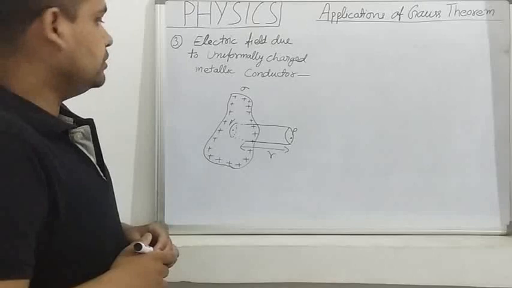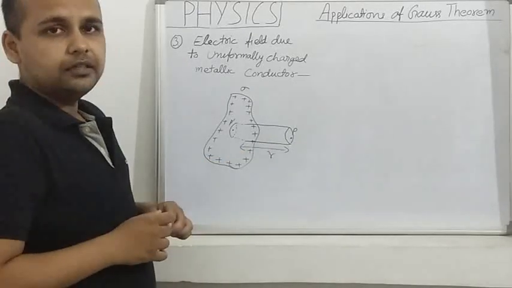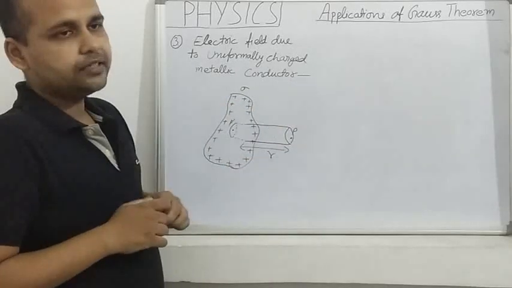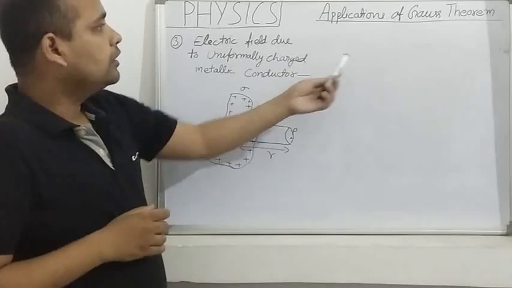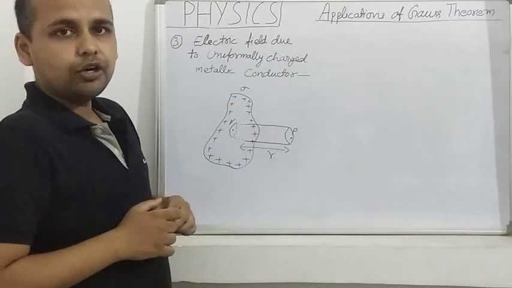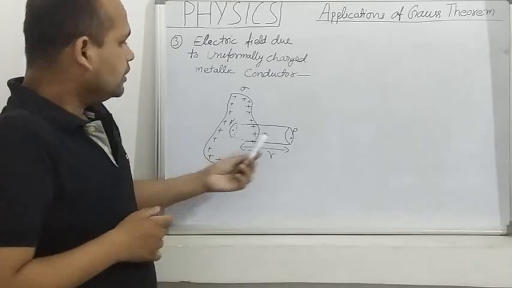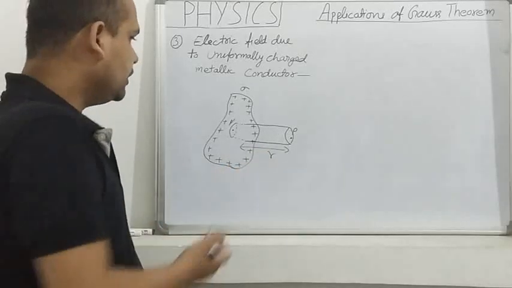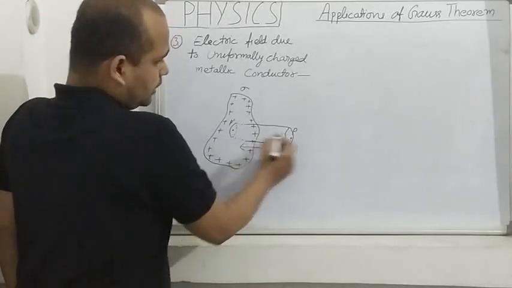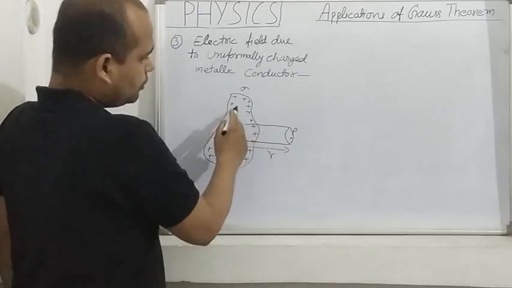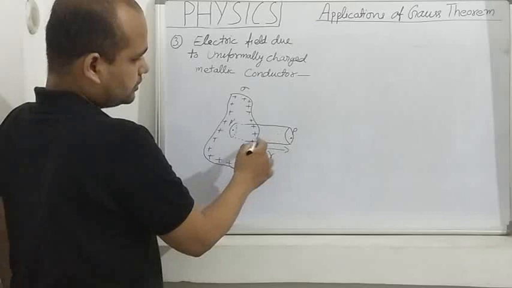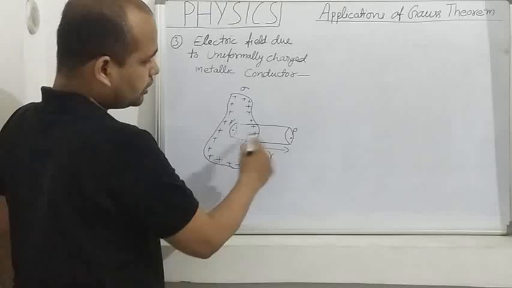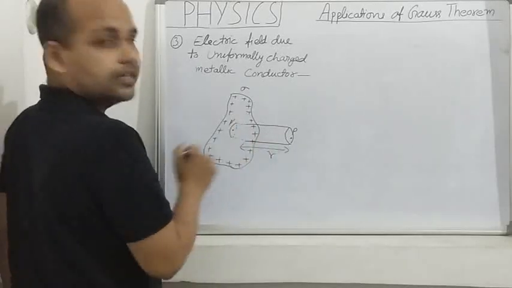We will apply the Gauss law and then we will find the electric flux, and we will equate that electric flux with the formula integral E dot dl. So now let us talk about how the electric field will exist here. So here you can see that the electric field which will lie in this Gaussian surface, its direction will also be along the axial line of this cylinder.